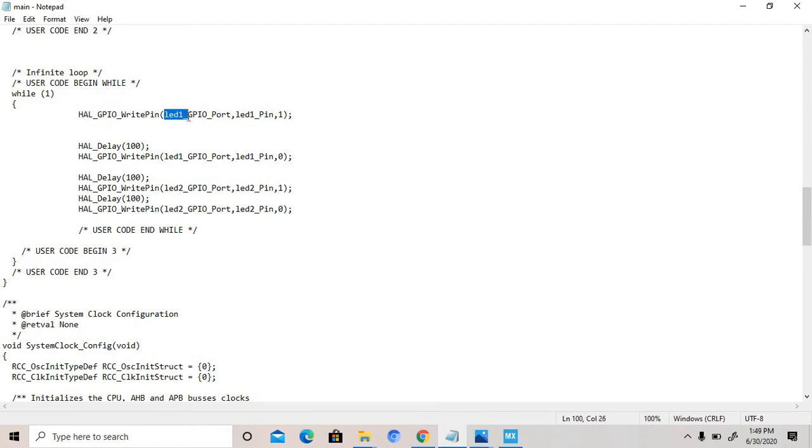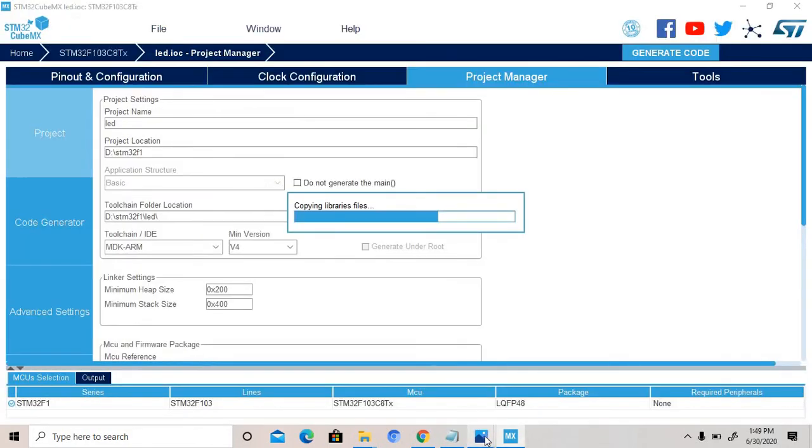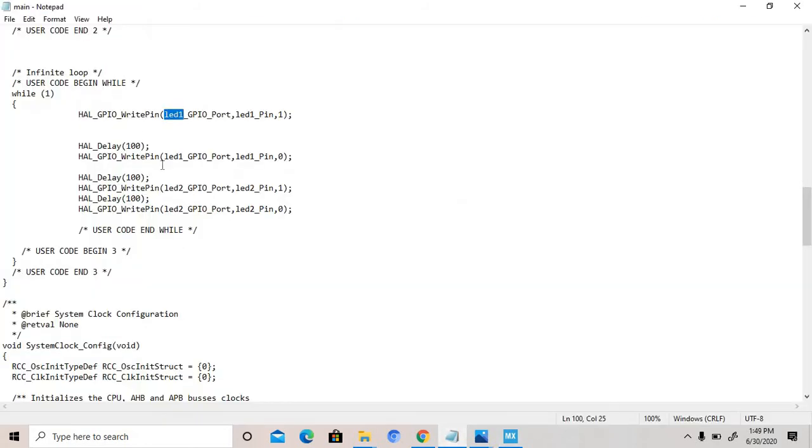Suppose you have to work on LED1 for the pin number PC13. This is the PC13 pin. Give the LED1 name and the second one is the LED2 name. LED1, then GPIO port, then LED1 pin, 1 is for high and 0 is for low.